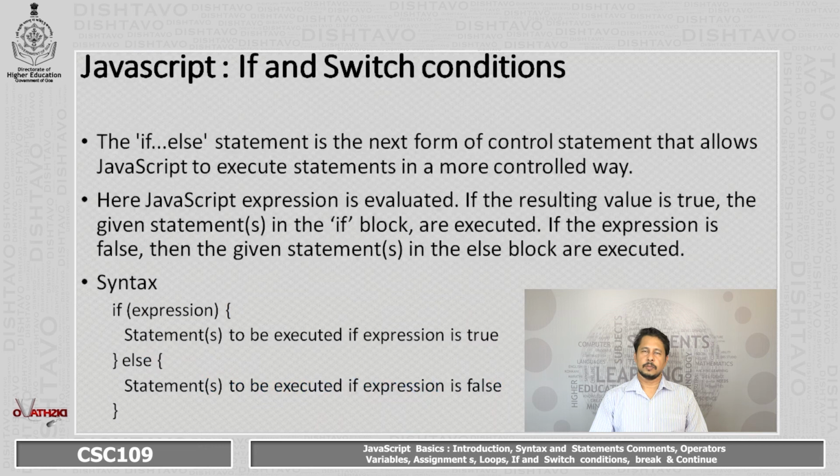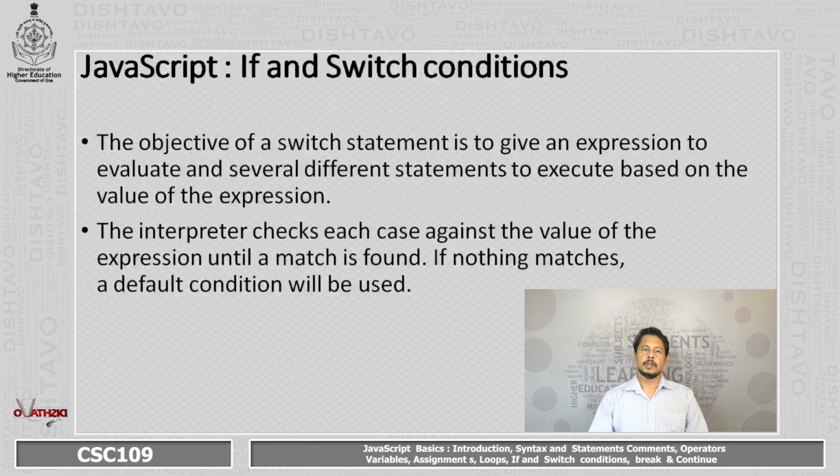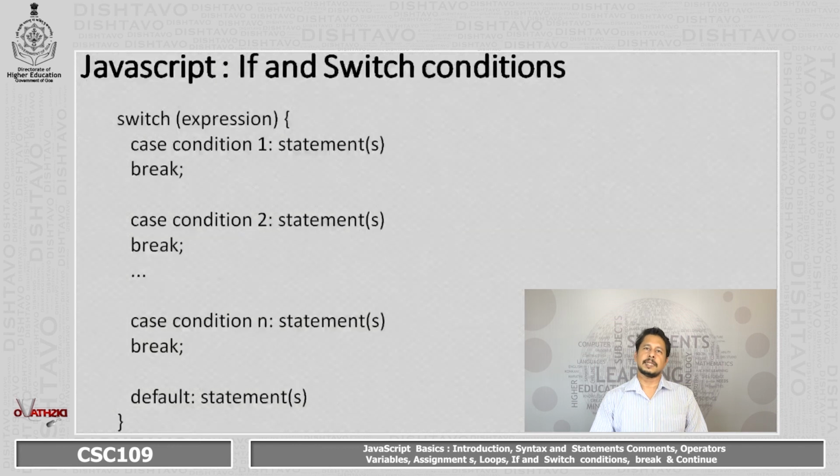In this case, if the test expression is true, the statements following the if part are executed, and if the expression is false, the statements following the else part are executed. So this if and else is very much similar to other languages too. We have the switch statement. The switch statement is used when you have multiple test cases. We take an expression, and if that expression results in multiple different values, it executes the part where it matches. This switch statement in JavaScript is very much the same as it was in languages like C, C++, and Java.